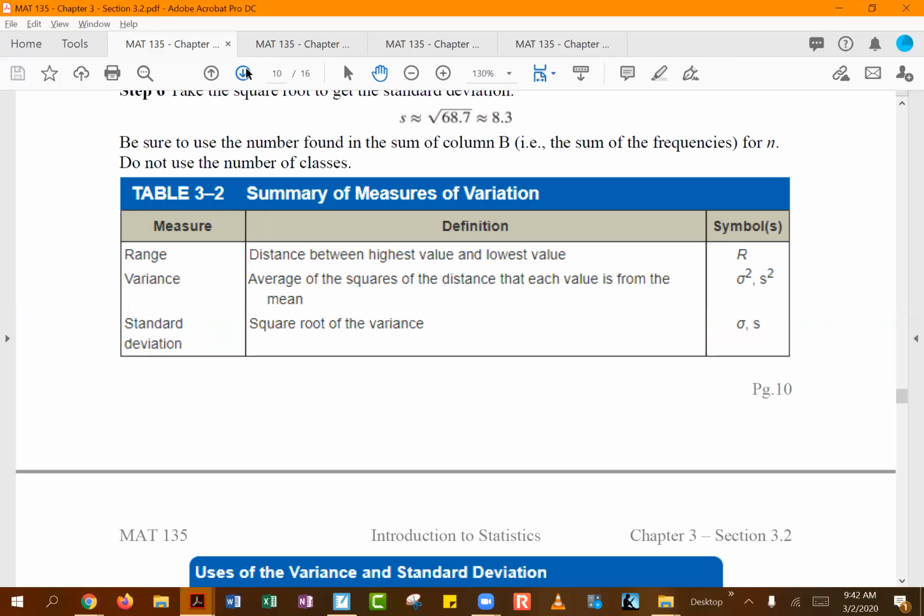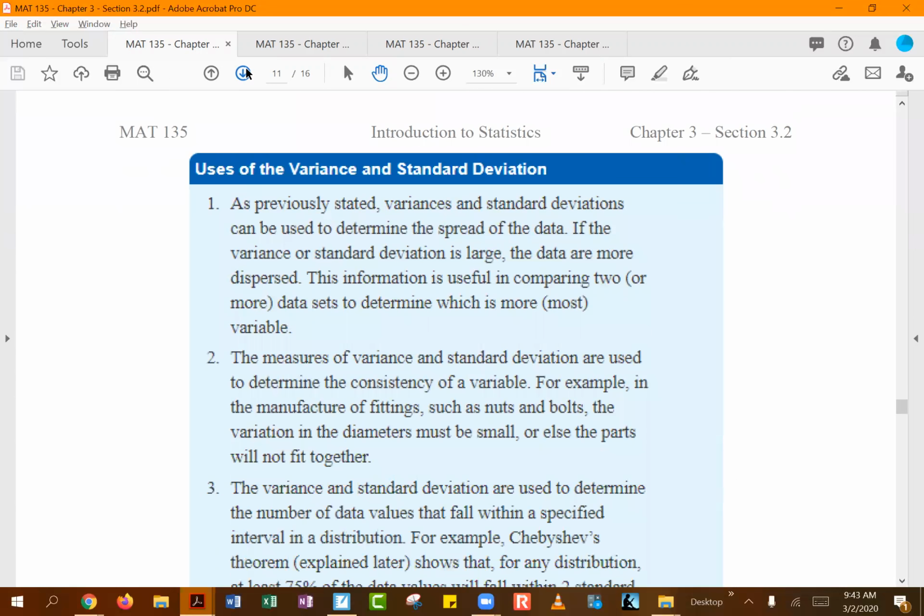Okay, so just as a summary of the different measurements we have seen for variation or dispersion, as they're called, you have your range, variance, and standard deviation. Again, remember that when you are using population, we use the Greek letters. When you're using a sample, we use the English letters or Roman letters. And this one here is just going through the uses of variance and standard deviation. So just quickly, remember, we are talking about variation or dispersion,